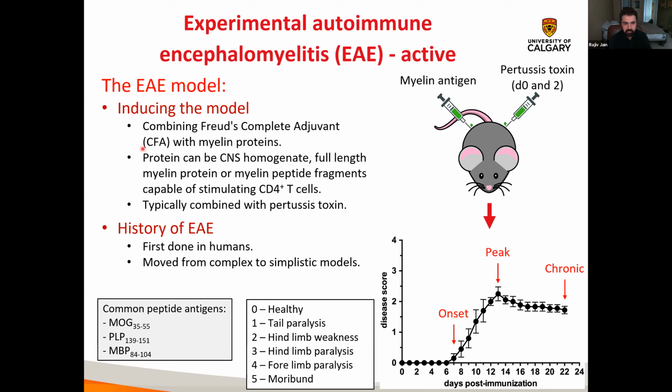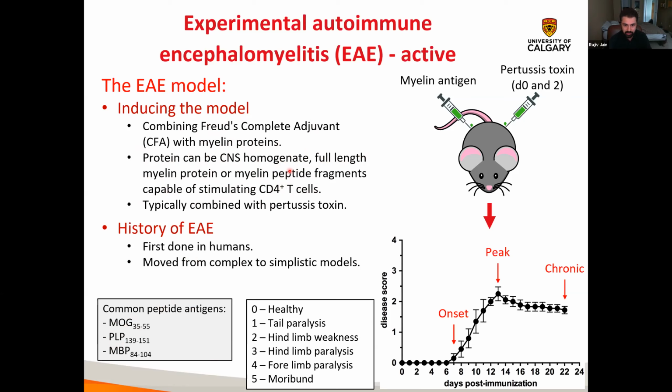The protein that you combined with this adjuvant can be either just whole CNS homogenate, so that'd be basically grinding up the central nervous system of an animal, or full-length myelin proteins. So this would be focusing on something specific like the MOG protein or PLP, for example. Or you can take just the portion of these myelin proteins that is capable of inducing a CD4 immune response